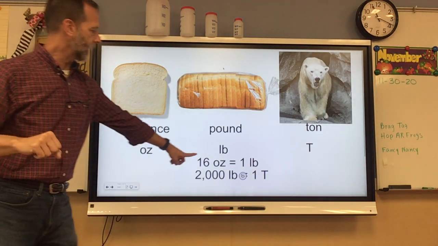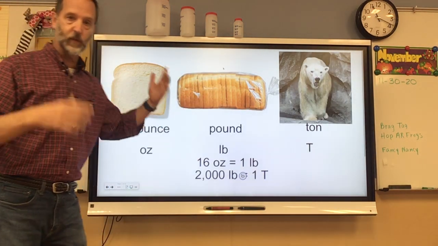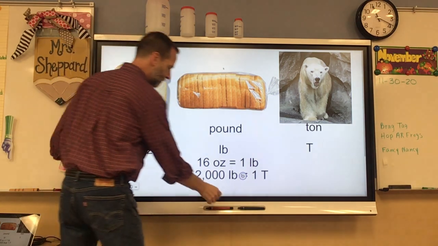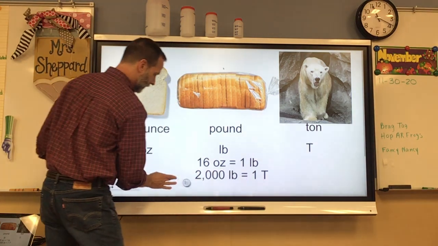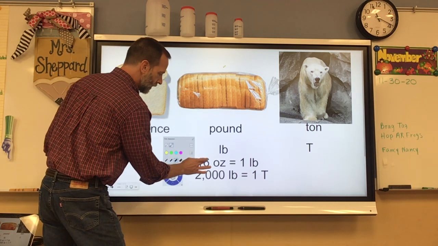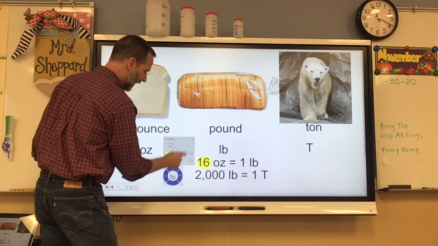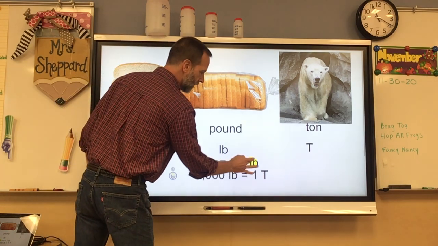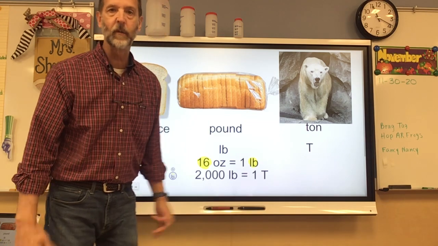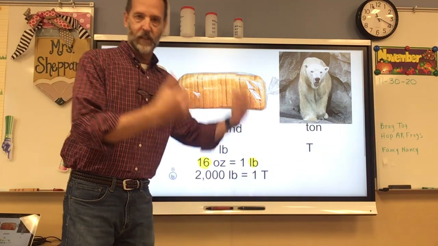Scooch, there we go. All right, 16 ounces make a pound. So 16 slices of bread would equal 1 pound. Here's the way I remember that. I always remembered it because the number 16 looks just like the abbreviation for pound. That LB looks like a 16 to me, and that was the way I could always remember 16 ounces